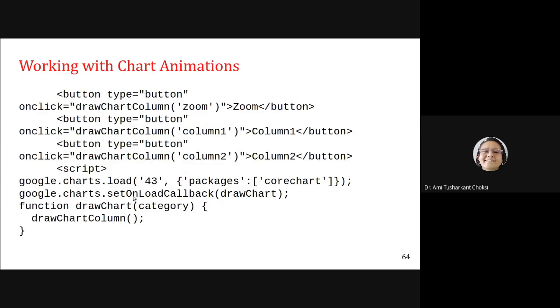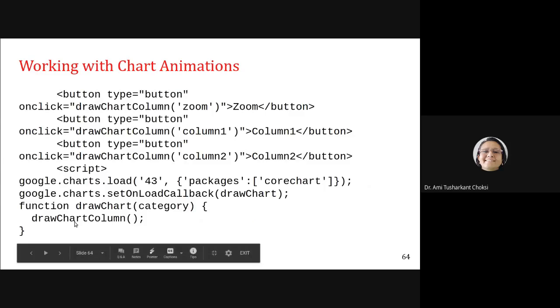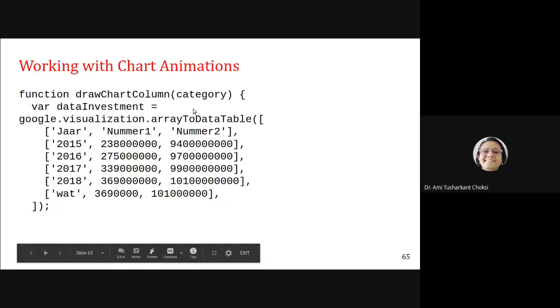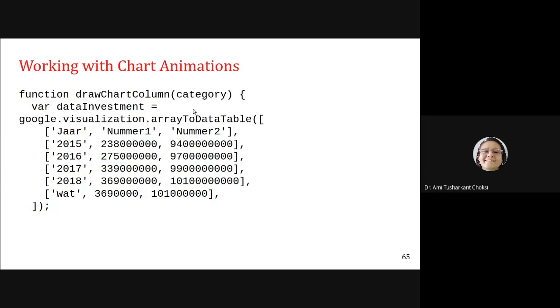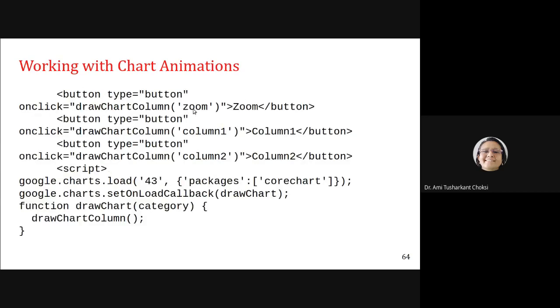This is the default function. And from this we are calling the drawChartColumn. What we did with this, we'll see a bit later. Just recall that for clicking each and every button, we are having the drawChartColumn, fine? And we are specifying the category. That's what we are passing to this particular function, fine?